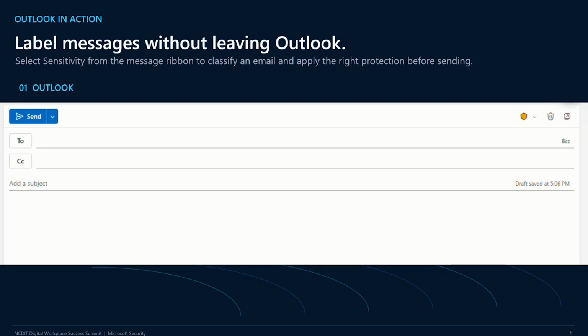So this is a great example of labels in Outlook. You can see here, there's a shield icon. You're going to see the shield icon in your Outlook today. It's not going to do anything for you. When you get those labels, though, you're going to see what we see on the screen here, where you could click on that shield. You'll get the drop down with the pick list of all of the labels. If you're unsure which label to choose, you'll notice as you're hovering over there's a little description. You're going to get a helping hand right there within the Office app. So if you're like, gosh, should it be an internal? Should it be confidential? Hover your mouse over the label and then read the guidelines that you're seeing there.